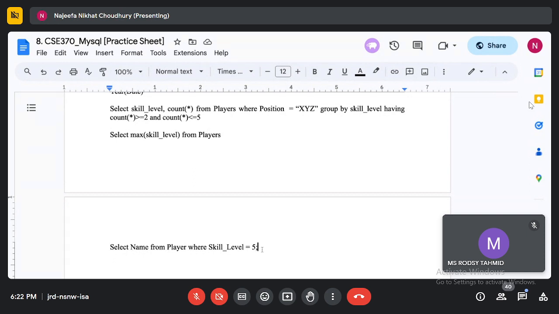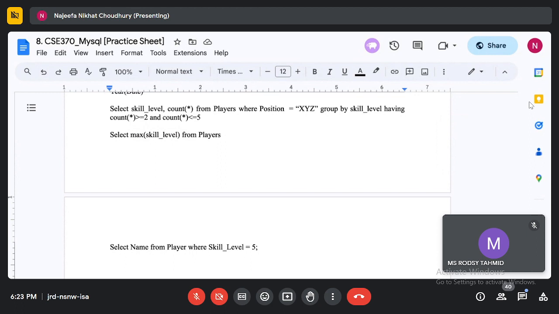The only change that I'm going to make is instead of 5, I want to do it for somebody who has the maximum skill level. Now, 5 is a known value; I know the exact value. But when I say I want to find it for somebody who has the maximum skill level, I don't know the exact value, because in my table I can have 10,000 players, and to manually find out who has the maximum skill level is not logical. Also the maximum value might change from time to time, so it's not logical to write directly 5.